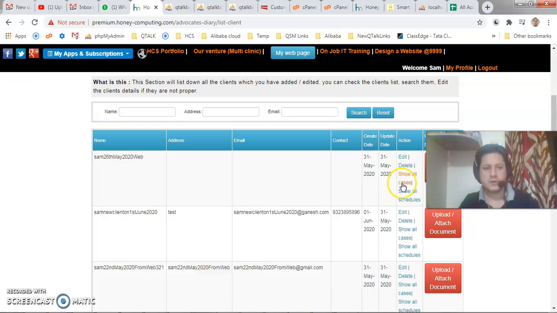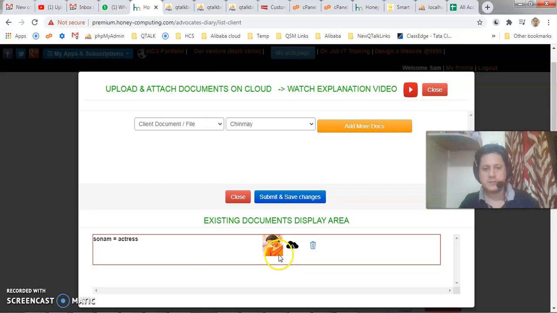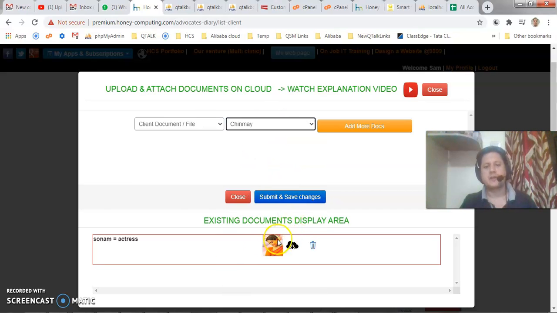Now I will go to this button, and you see Chinmay has one document. I'm on case 2 now. I am clicking on Chinmay and it will show that document. This is a very beautiful and simple application which you can use in daily life, and believe me, this feature is supposed to be used by all our advocates, and they will like it. I'm very sure, because it will lower your headache.